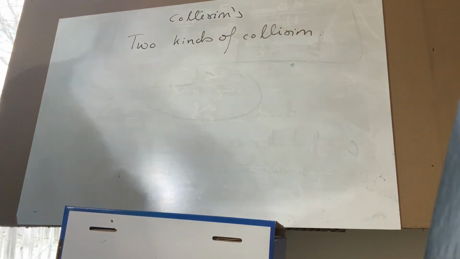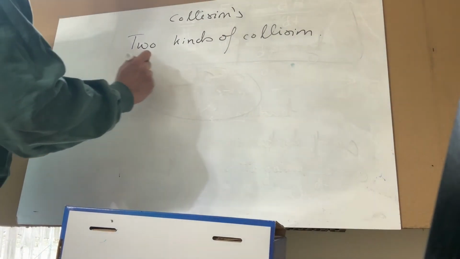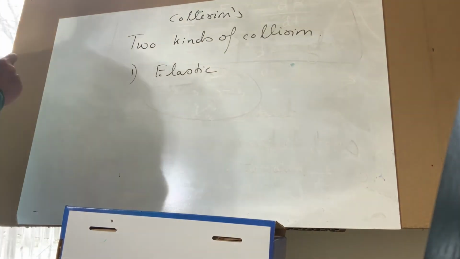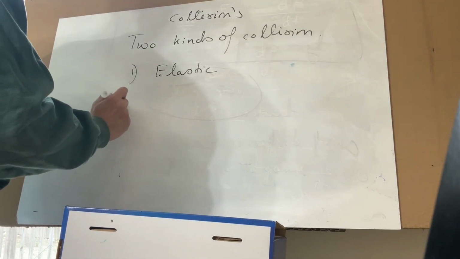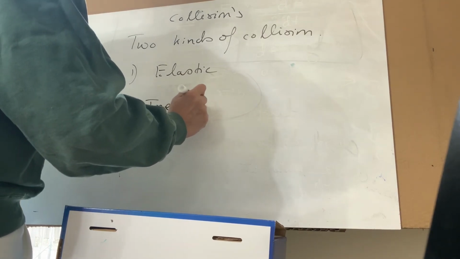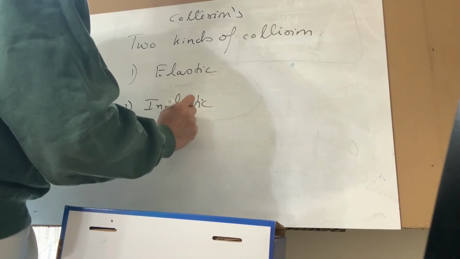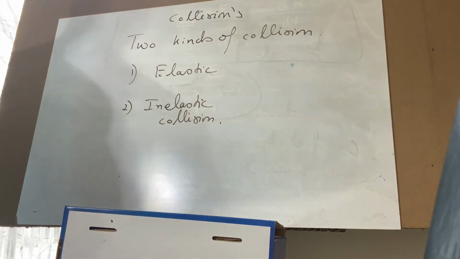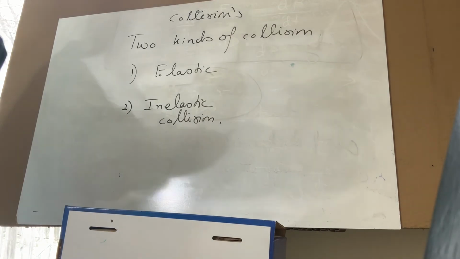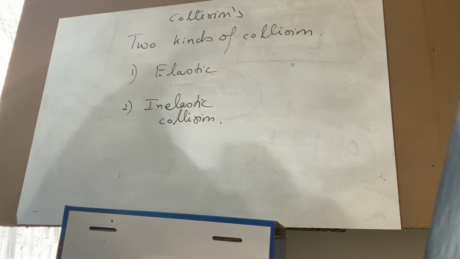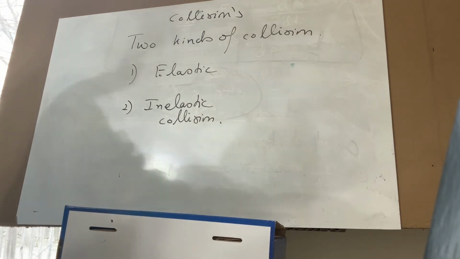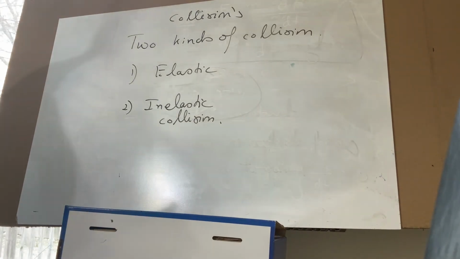The first is elastic, and the second is inelastic collision. In both cases, the forces are internal. If something hits something, they hit each other, and on impact the forces will be equal and opposite, and therefore